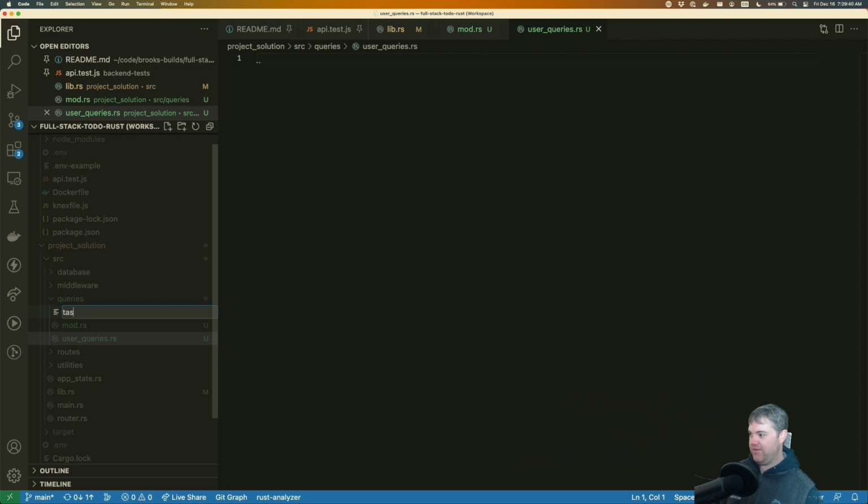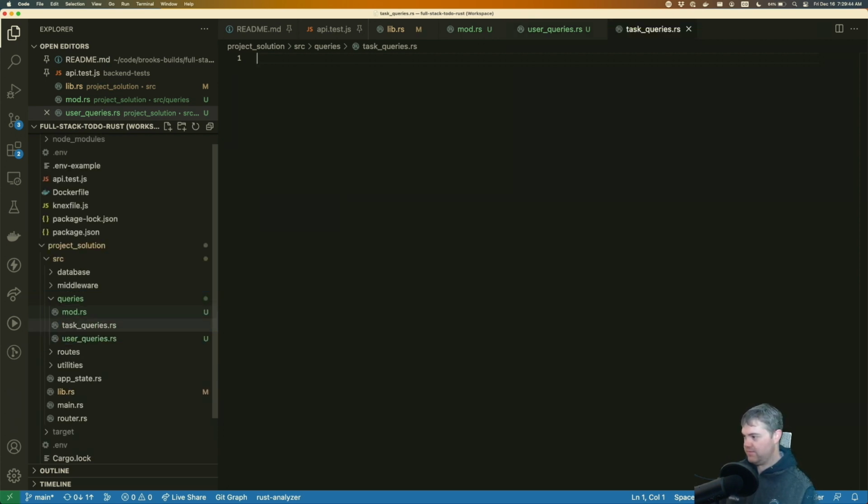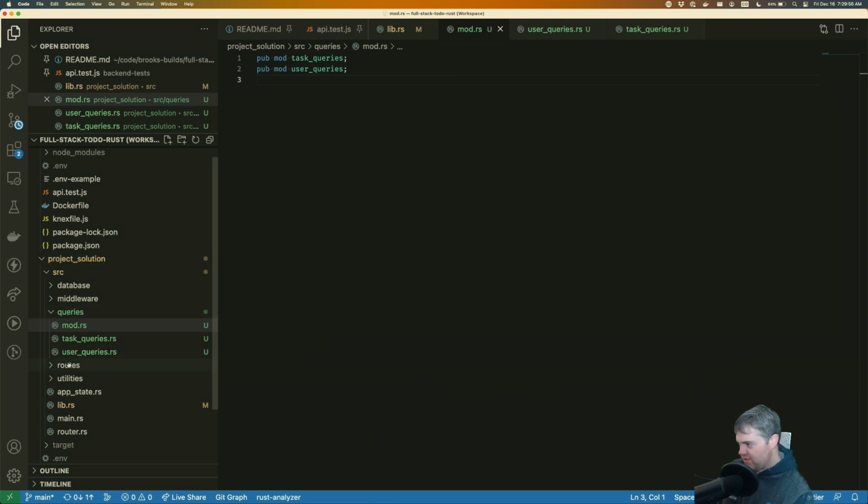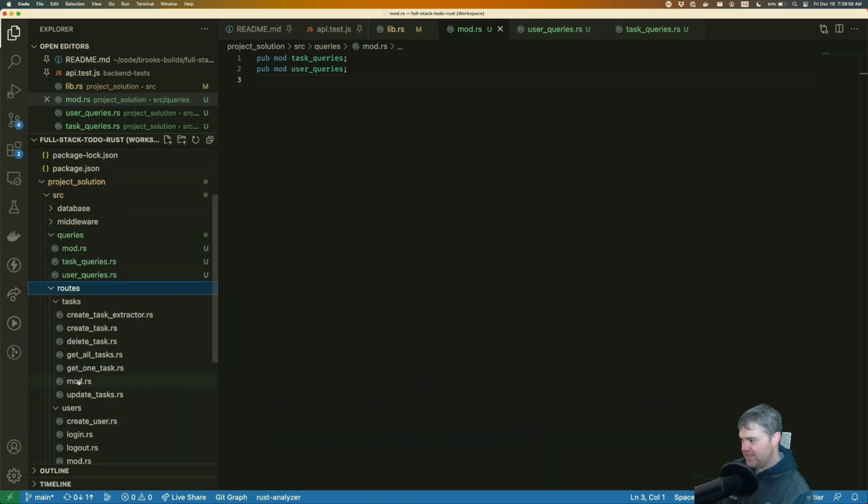Okay, and then we'll have task queries, and we'll mod both of these. Okay, so that's good there. Let's go from top to bottom. So for tasks here,